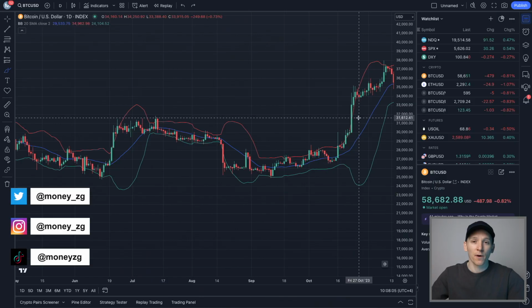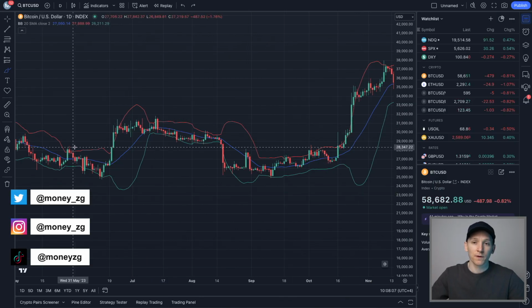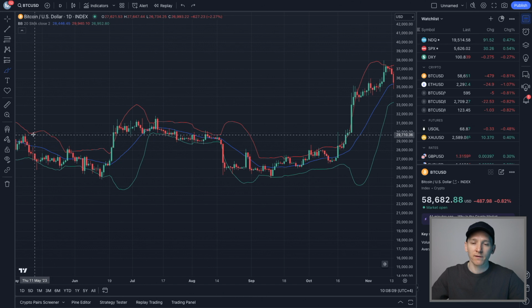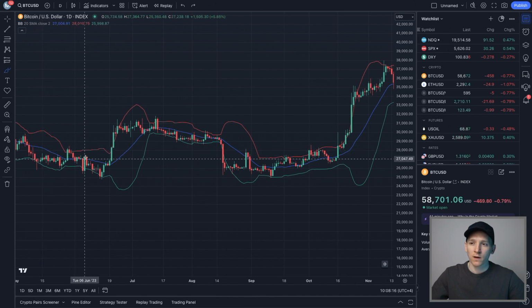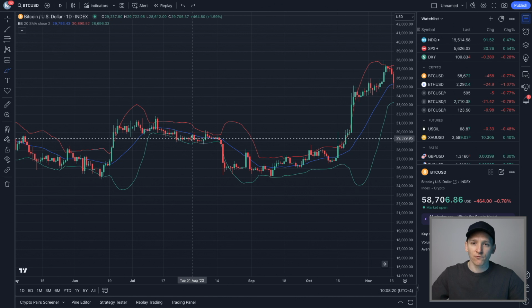How to use Bollinger Bands as part of our trading strategy. We have to avoid the biggest mistake that most beginners make with Bollinger Bands, which is just thinking that the price would always reject from the top and lower bands, which are 2 standard deviations away from this 20-period moving average in the middle. This can work for a lot of trades, but it can wreck us in many trades